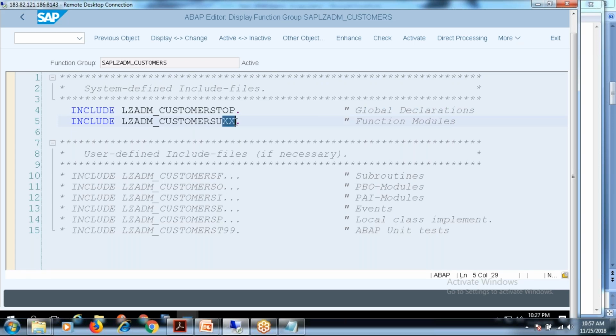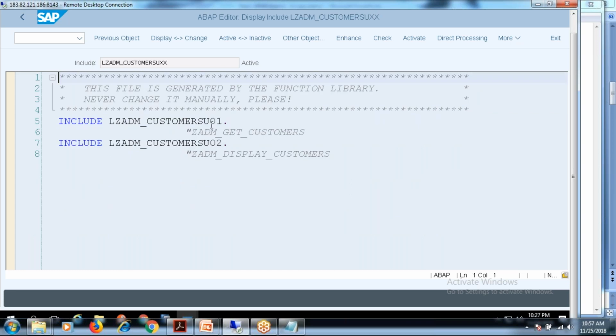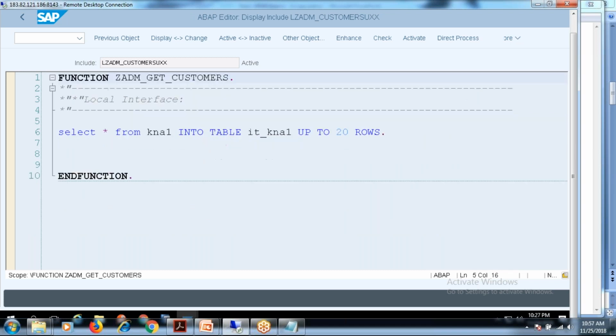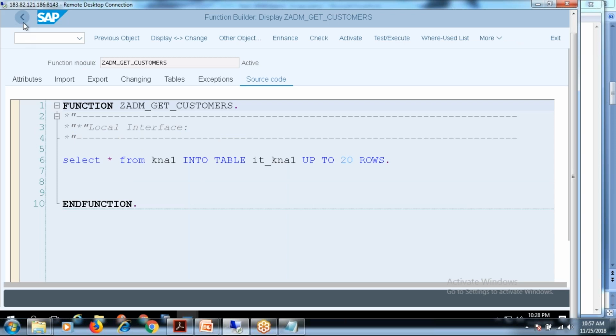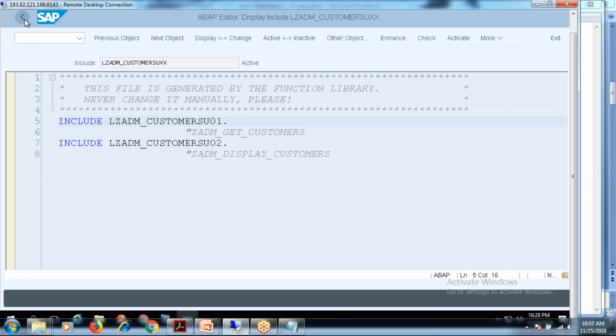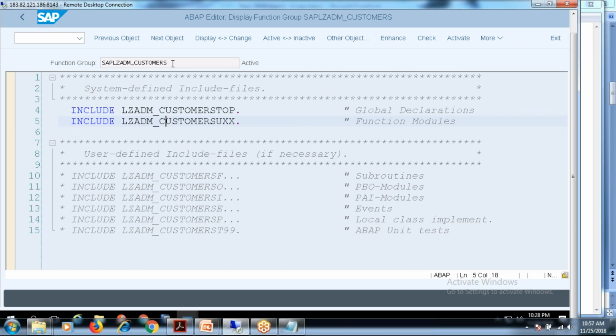Double click UXX. XX means 01, 02, 03, 04. Double click on it. Yes, 01 for the first function module, 02 for the second function module. If you double click here, there we can see the function module code. So what I'm trying to say, there is nothing to be surprised about, because it's one program. In this program, in the first include you are declaring the variables, in the second include you are declaring the